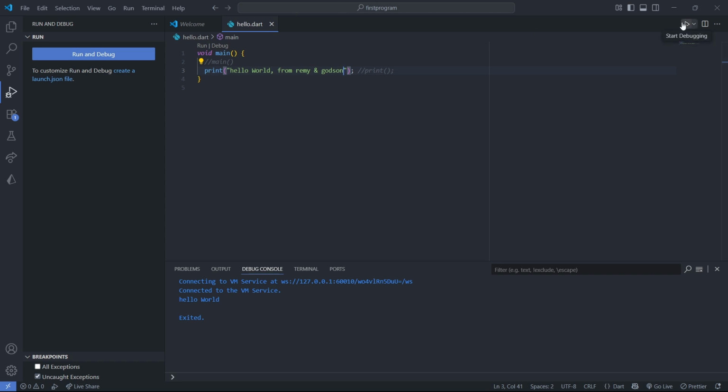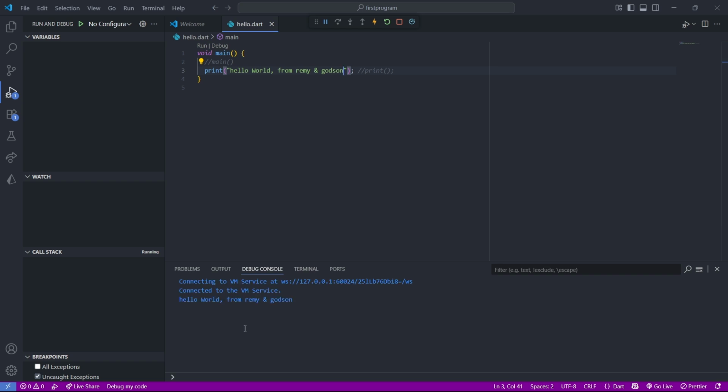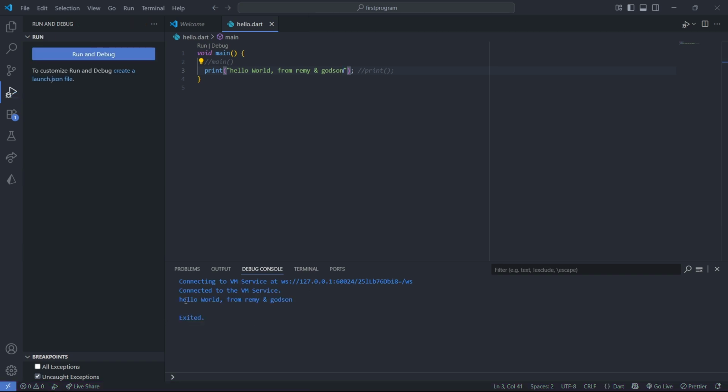And if we run it, you have to see that we have our Hello World from Remy and Godson. So go and try it and change the text inside print as you understand what print is and what our main function is. So try to change the name. And also you can write print statements in the same program. You can write many print statements